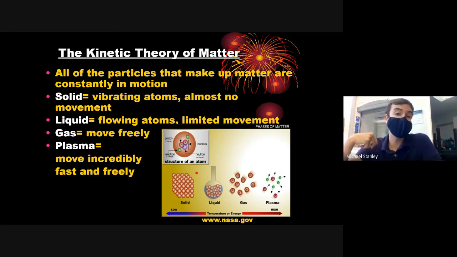Now, what state you're in depends on how much movement the atoms show. So on Earth, we have 3 main states: solids, liquids, and gases. And then out in space, there's a 4th state called plasma. We're not going to get into exactly what makes up a solid, a liquid, or a gas. If you have taken IPC here, or if you take IPC in the future here with me, we'll talk all about them. The basic thing to know for heat and temperature is that when you're a solid,